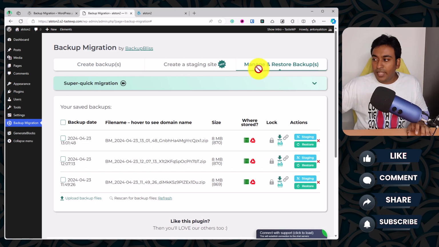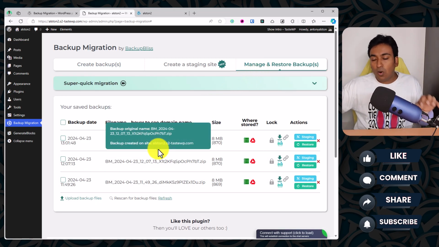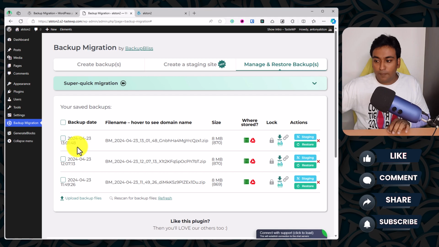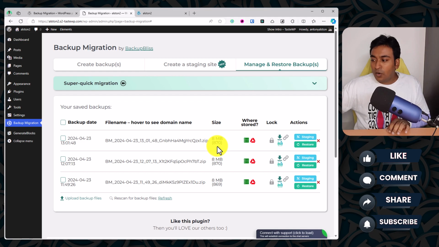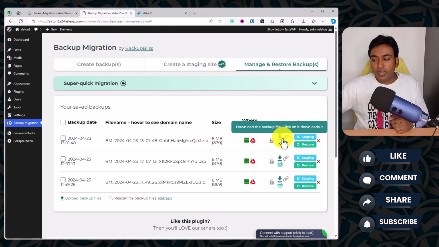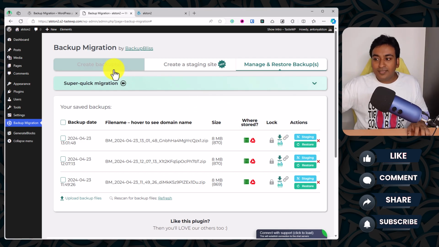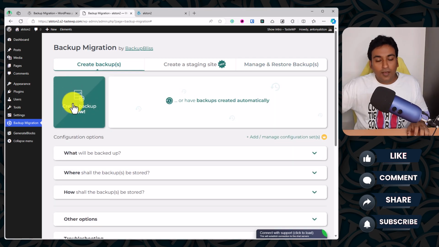If you go into manage and restore, this section will contain all the backups you created with this plugin, so you won't lose any of these backups. For example, this is the latest one which I just created, and you can see it shows the size and the compressed size, as it created a zip file out of our backup, and we can download it anytime. When I click on this download button, it will automatically download this backup for me, and I can keep this backup on my local computer, or even transfer it to a cloud storage, or anything is possible. So that is how you can easily create a backup with this plugin.